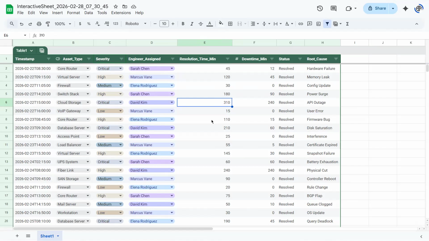For a certain problem regarding cloud storage handled by this engineer, it was resolved after 310 minutes, which is quite too long. The problem was identified as related to an API outage, and because of this, the system experienced 240 minutes of downtime.